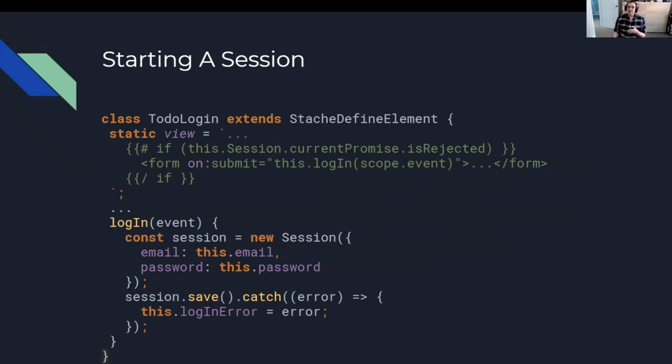So this is an excerpt of component code that's responsible for displaying a login form when there isn't an active session. It keeps a reference to the session object as part of its view model so that its template can access currentPromise and see if it's rejected. If it's rejected, it'll show the login form and allow a session to be started by logging in. So that login form will take information like an email and a password, and when that's submitted, it'll call a method that uses that